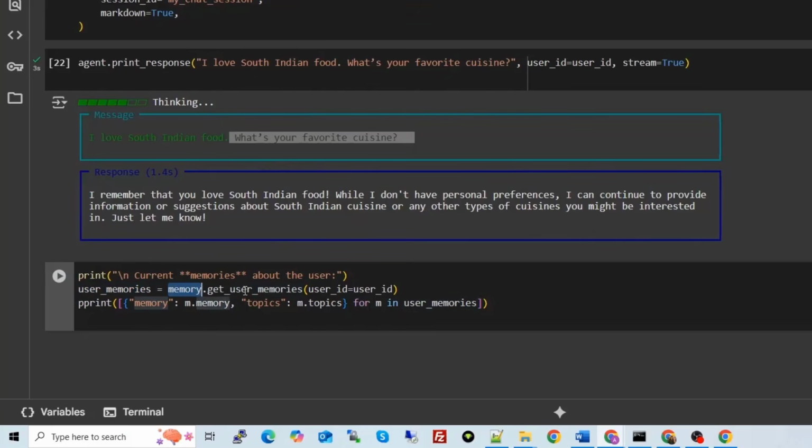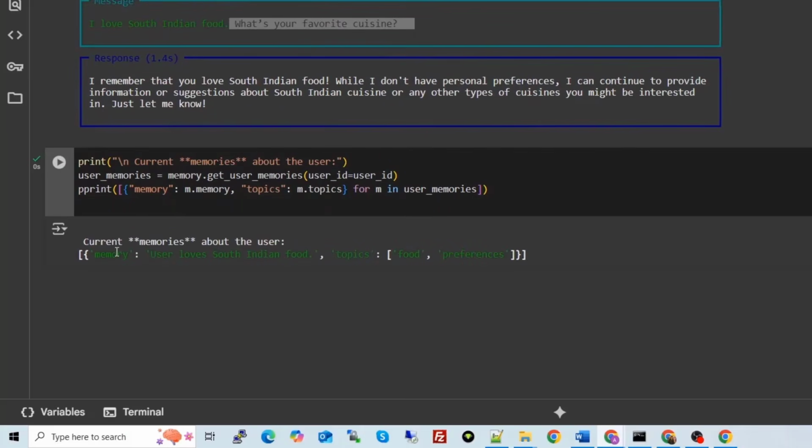From the memory module, get user memory, and then you define the user ID. What this line means is, I need the user memory of Arohi user. Then we are printing it on the screen. Now let's see what we get. See, what is the memory stored in the user memory table about Arohi user? User loves South Indian food, and this is the topic.